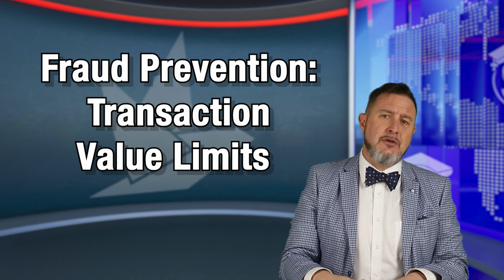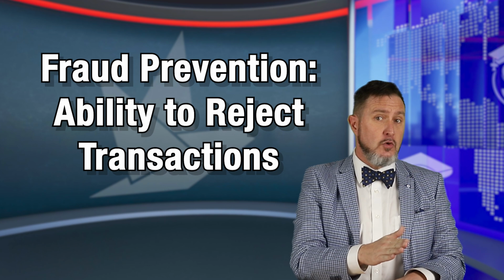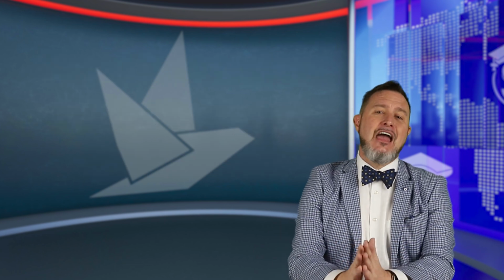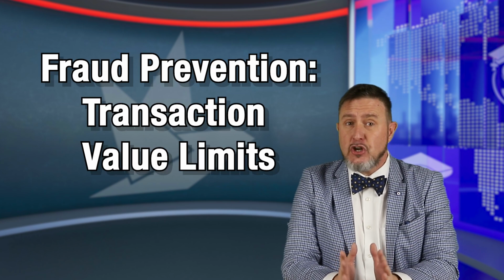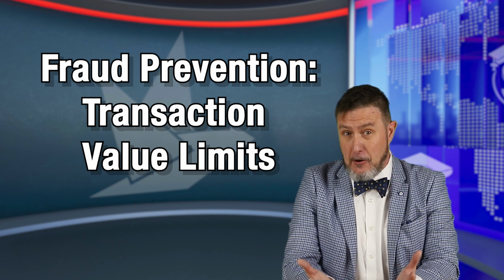Tools to combat fraud? What kind of tools? Tools to set transaction value limits, and even the ability to reject transactions to or from specific accounts. But that's not all. The FedNow service will also have network level maximum transaction value limits, currently $500,000 per single transaction. And side note,